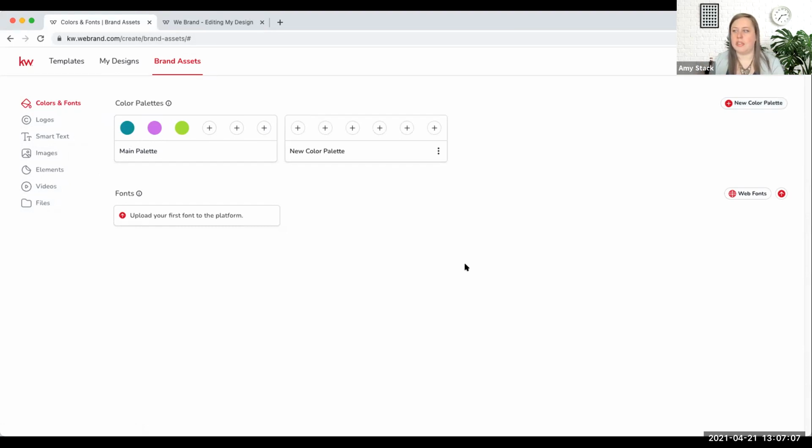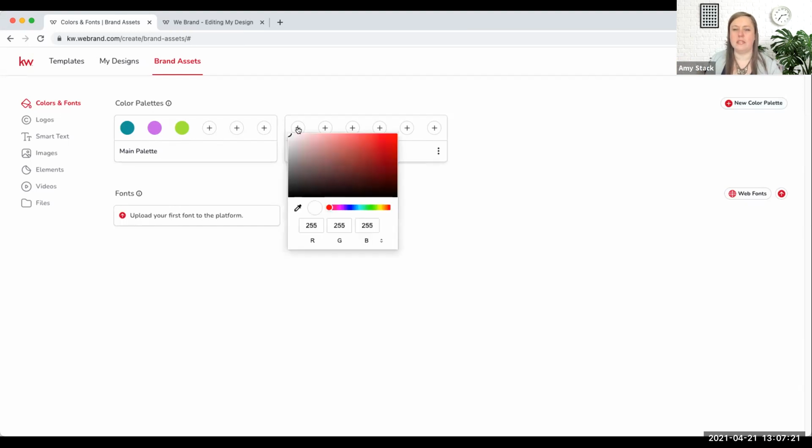Or if you're somebody that helps other agents with stuff and you just want to have their colors ready to go, you can do that too. Or maybe you work with a lender, all kinds of scenarios. So you can do different color palettes, and all you do is click that plus sign, and it's actually going to load in